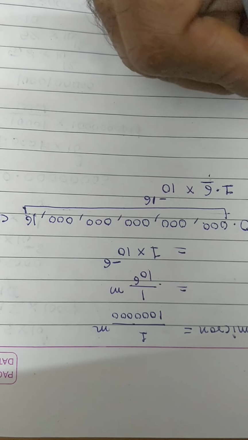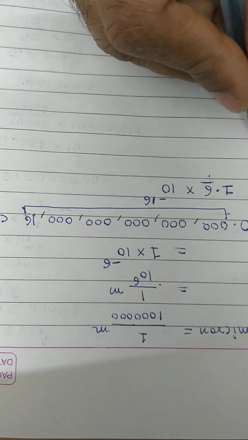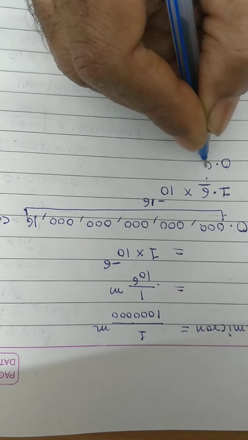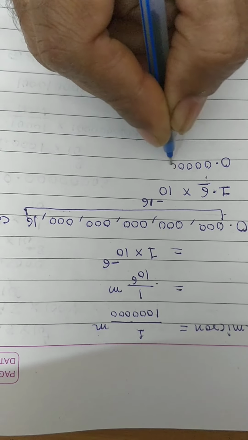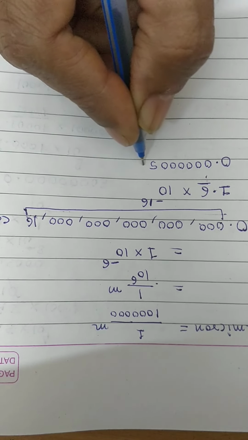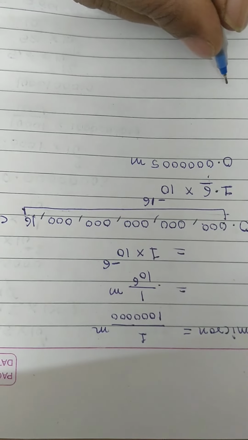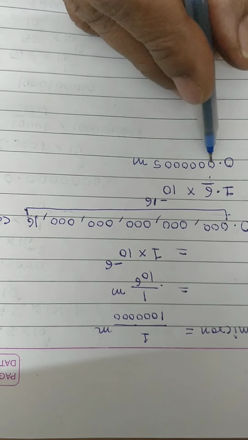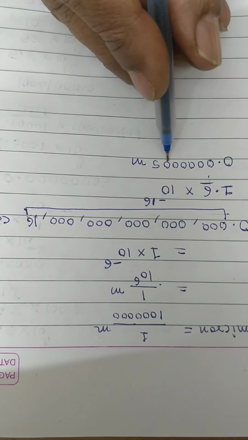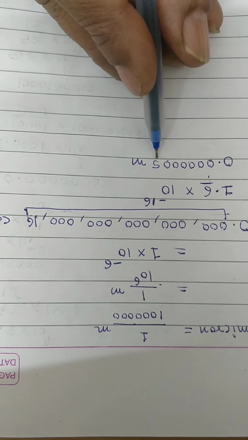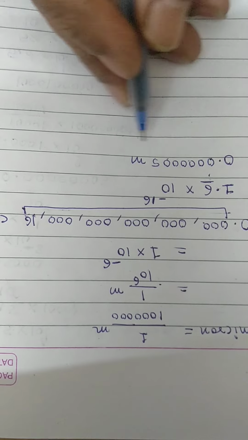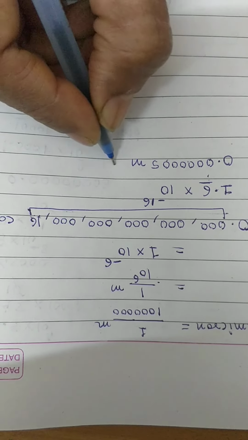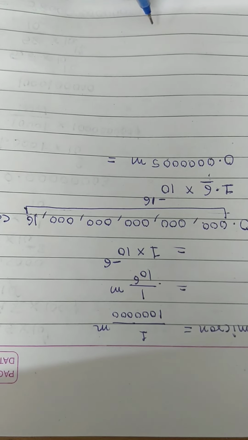1 2 3. Size of a bacteria is 0.12345 and 5 meter. There are 1 2 3 4 5 6 zeros. 1 2 3 4 5 6 0 and then 5. This is the size of bacteria in meter. We want to convert this into standard form.